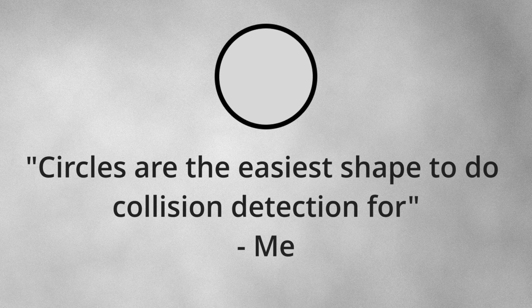You might not realise it, but circles are the easiest shape to do collision detection for. That's because the entire shape can be defined as a single number, its radius, or its diameter if you want to go there. And its actual physical shape: get the object position, draw a line through it with the length of 2 times the radius, do that a million times, and you got yourself the shape of the collider.